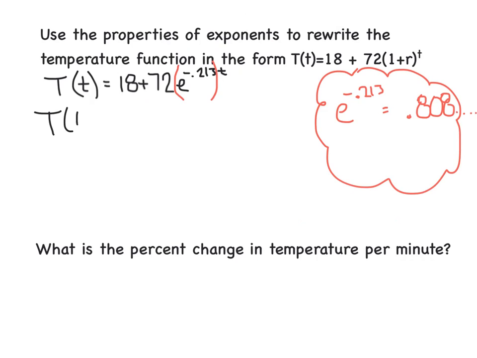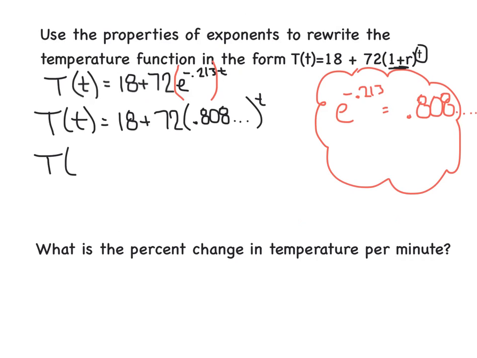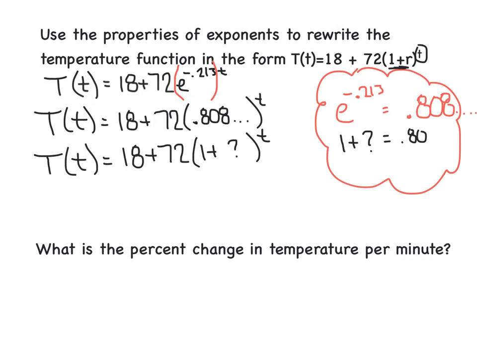And so we know capital T of t is really 18 plus 72 times 0.808, etc., to the t power. So the good thing is we've got the power down to just t, but now I want to do 1 plus something. So the question is, 1 plus what would be equivalent to 0.808? I'm going to put a little question mark there. So 1 plus something equals 0.808. All I have to do is subtract 1 from both sides, and we'll figure out that that mysterious something is